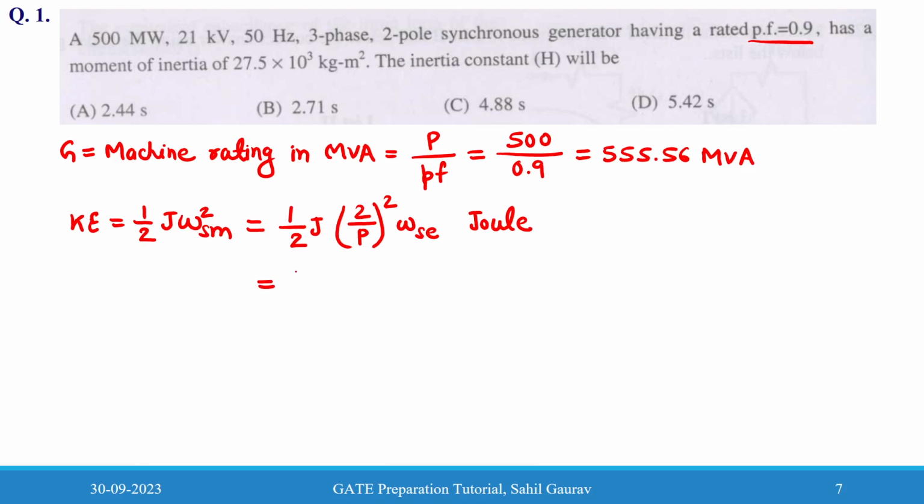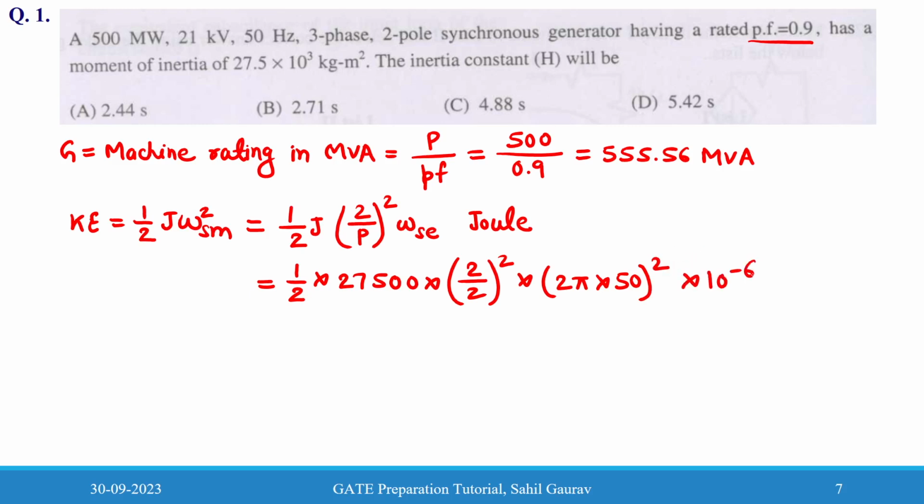So this will be half of 27500 into (2 divided by 2) whole square, omega AC, that is 2 pi into 50, square. Multiply with 10 to the power minus 6, that will give the kinetic energy in megajoule. So here you will get 1357.07 megajoule,